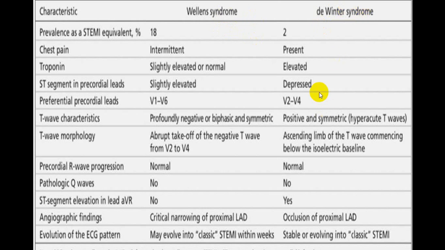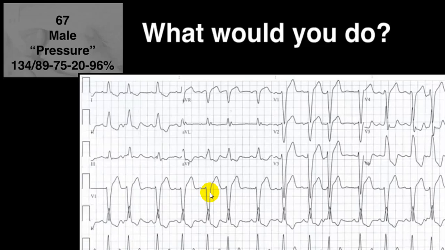In De Winter sign you will have an ST depression, while in Wellens sign you will have an ST elevation, or maybe the ST segment may be isoelectric. In Wellens sign you will have a biphasic T wave inversion, which is type A, and deep symmetrical T wave inversion in type 2 or B variety. Type B is more common as compared to A. So do look at this particular finding, while here you will have upright T wave. In short, both suggest proximal LAD occlusion.